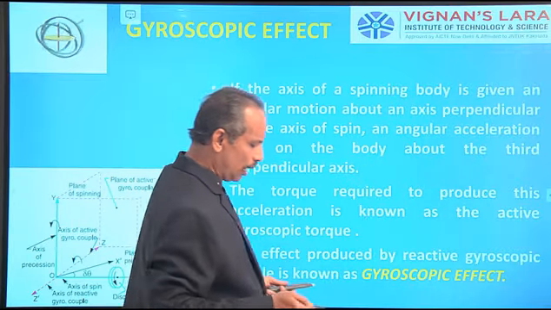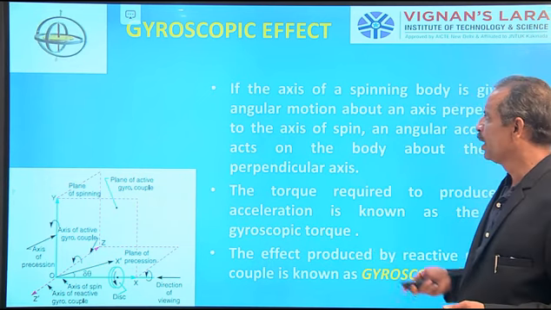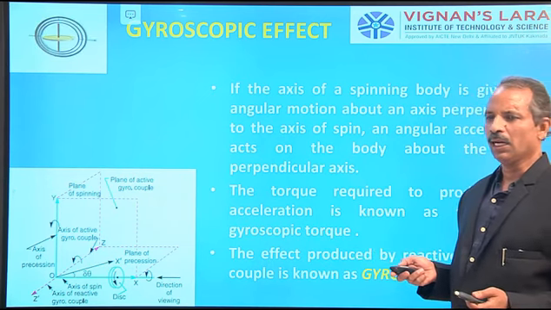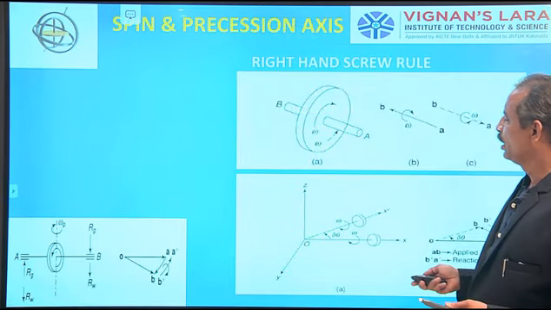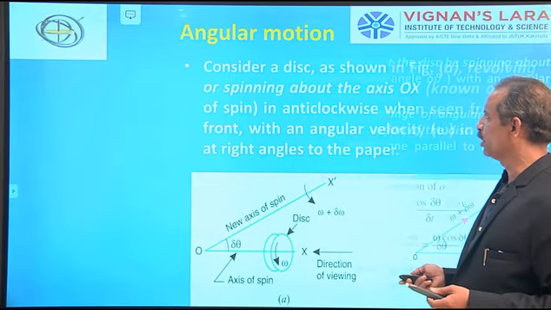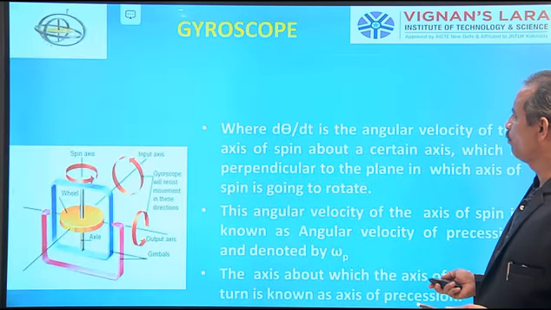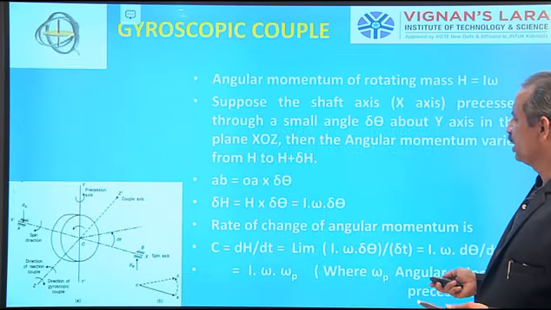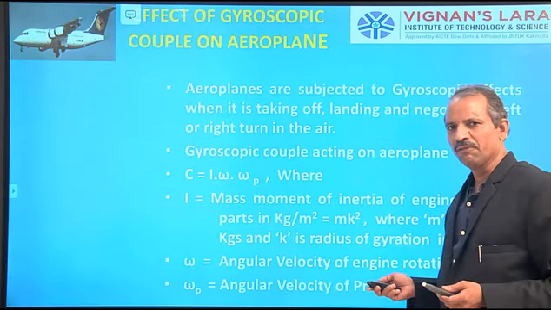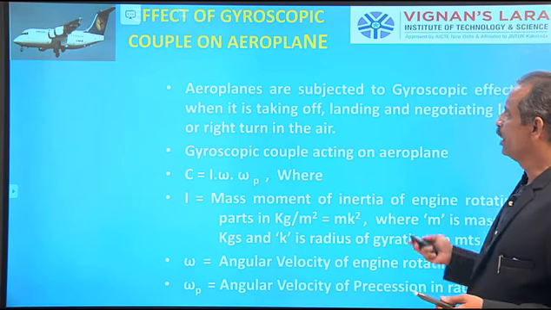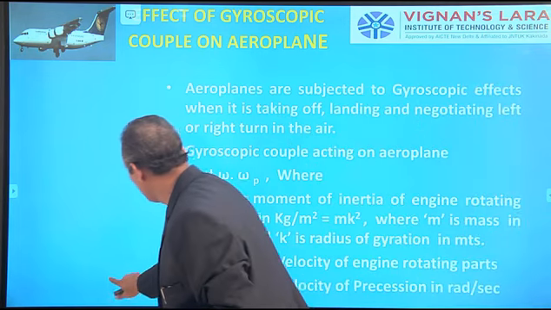Now with this simple background of gyroscope picturization, you will get some idea where we can use these gyroscope devices. In the last lecture, we discussed the effect of the gyroscopic couple on an aeroplane. We discussed 4 cases. All 4 cases we are also going to discuss today, but the only difference is that instead of an aeroplane, today we are discussing a ship. So in place of the aeroplane, you will be replacing it with a ship. Yesterday we discussed the aeroplane.